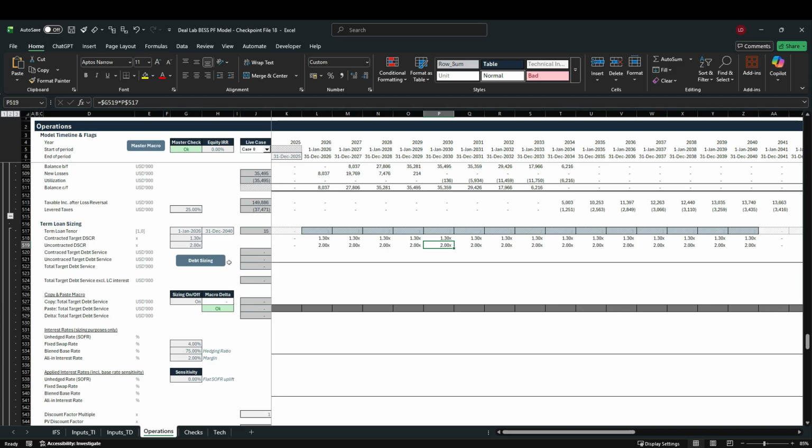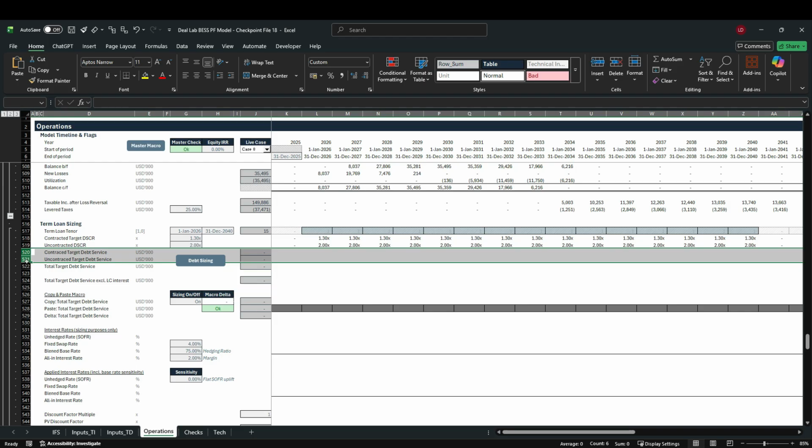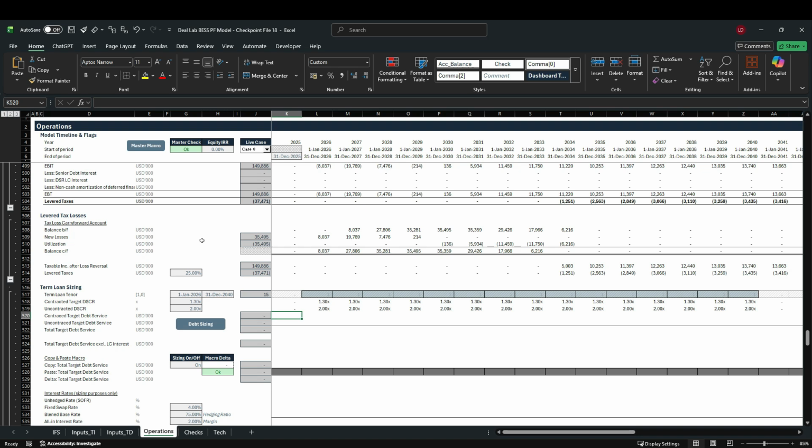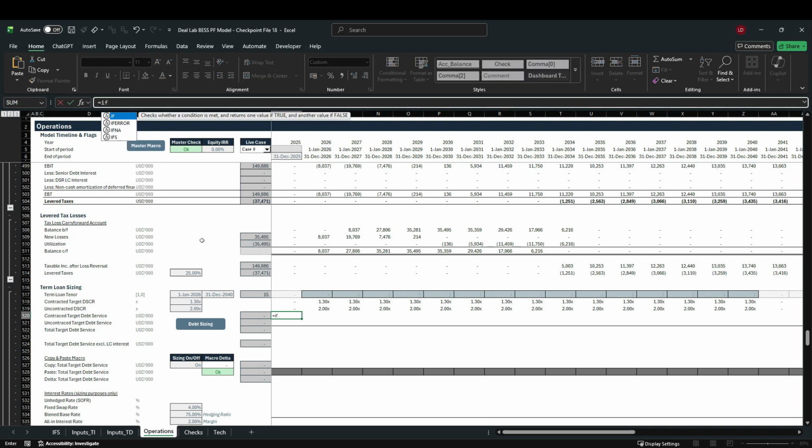Now once we have those two DSCR targets, we can pull in our contracted target debt service and uncontracted target debt service. And to do this, we will use an if-error statement because we will potentially divide by 0 in a few periods. And that is going to be the max of either 0, because we don't want our target debt service for sizing purposes to turn negative, and comma,